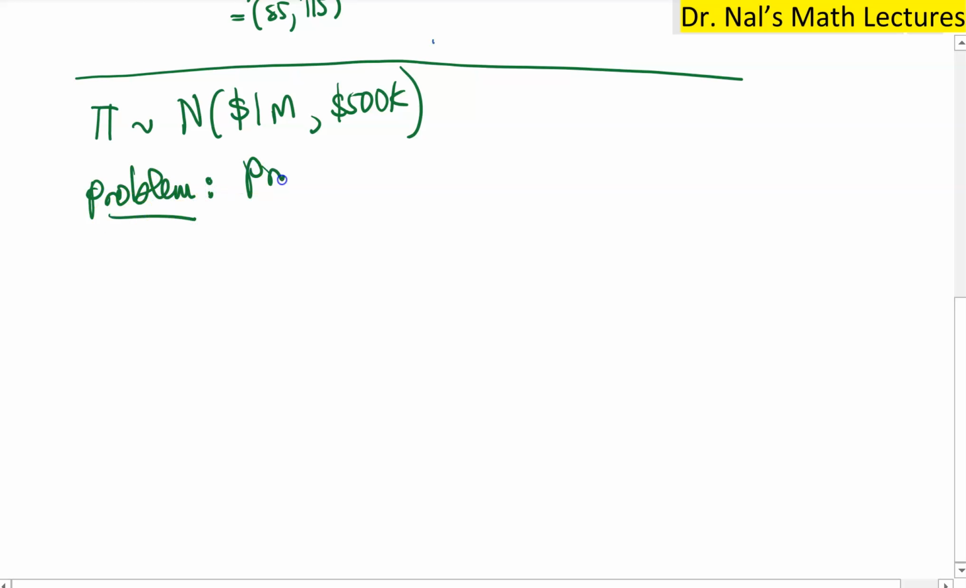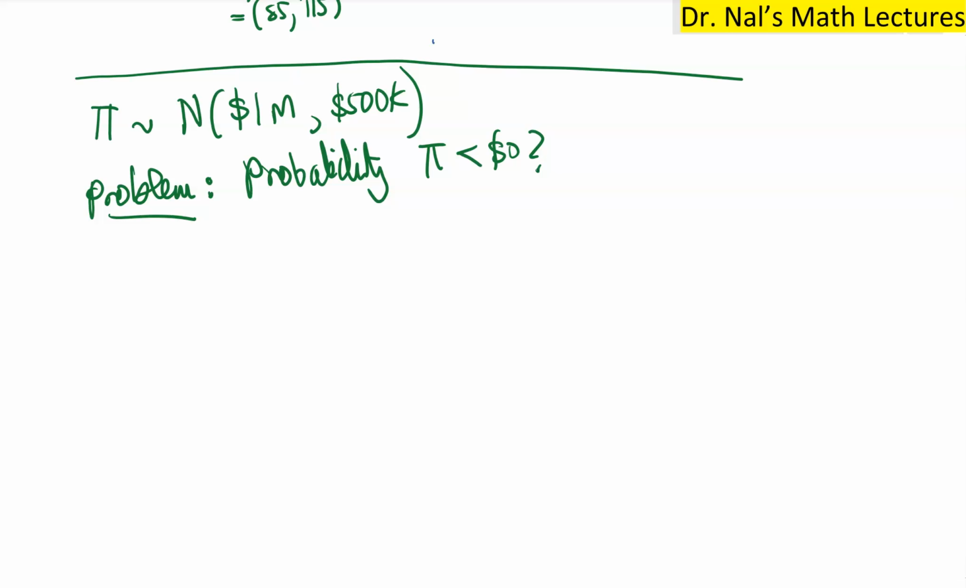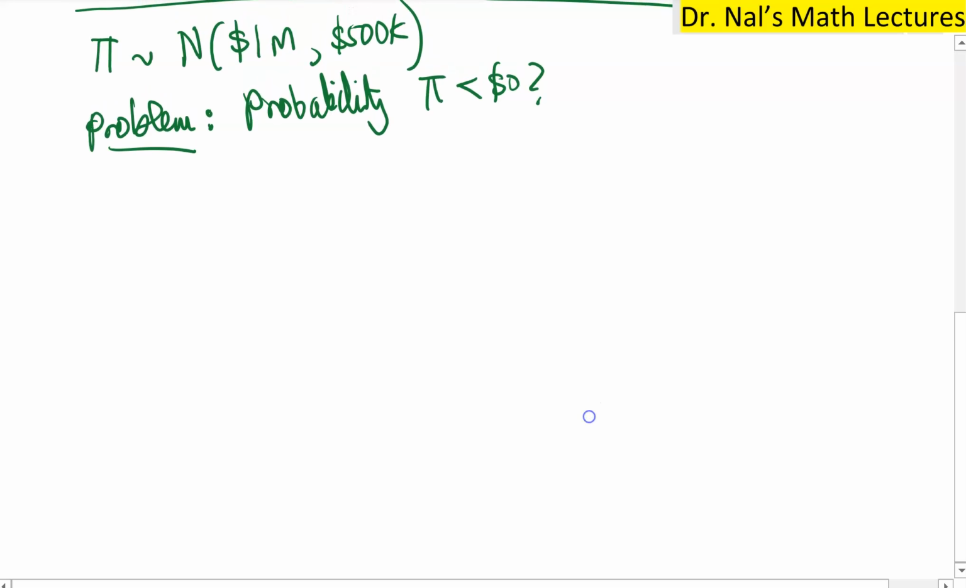What is the probability that the profits of this company will be less than $0? So the company will have a loss next year, given that the profits historically have been normally distributed with $1 million. On average, the company is making $1 million profit a year. However, there's a standard deviation. There's a risk involved, and that risk is $500,000. So given this, we can calculate the desired probability that the profit is less than